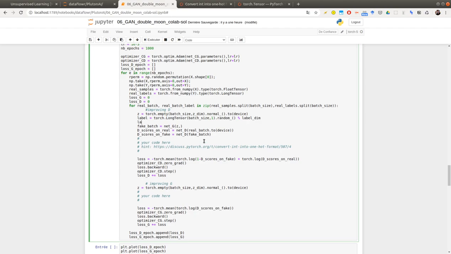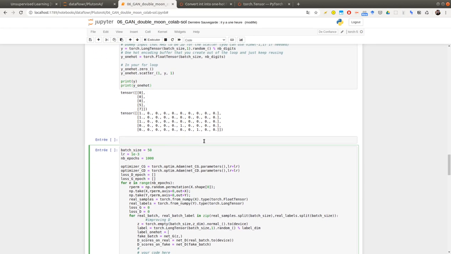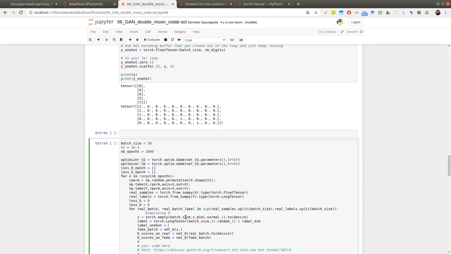Now I need to do the one-hot. So I will reproduce exactly this: torch float tensor, batch size, with zeros. Now I'm using scatter.